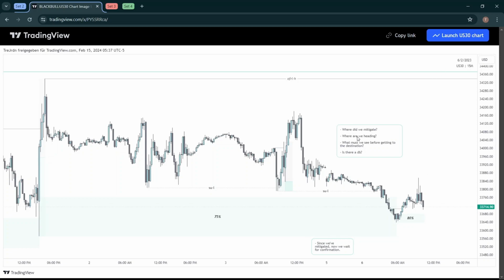So much so that these questions are asked: where do we mitigate? Where are we heading? What do we see? What must we see before getting to the destination? And is there directional bias? Do I know where you're likely to play towards? All these questions you could ask or frame to yourself in order to make a good decision,